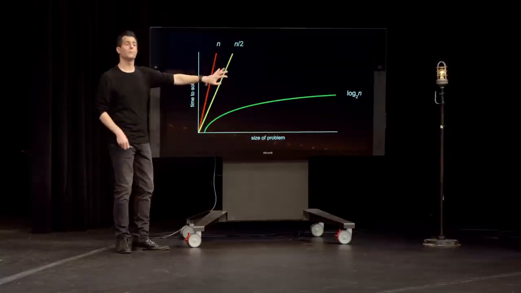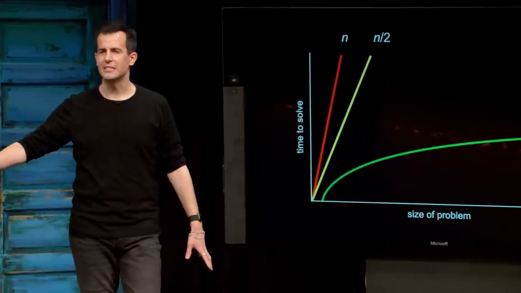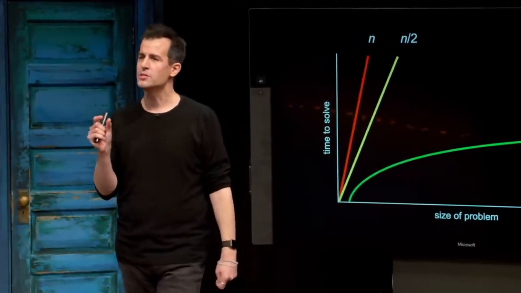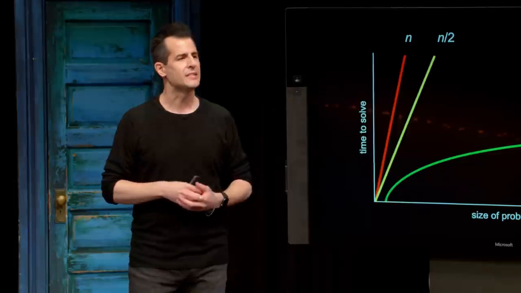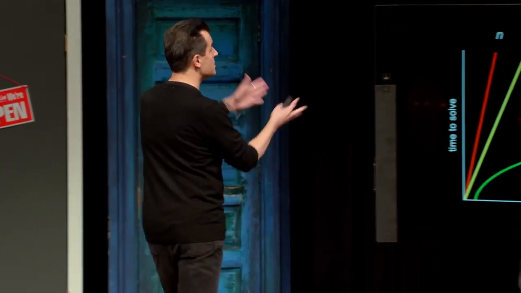Well, it turns out that a computer scientist would actually wave their hands at some of these mathematical details. Indeed, we're not going to get into the habit of writing very precise mathematical formulas. What we're instead going to do is try to get a sense of the order of the running time of an algorithm. Just roughly how fast or how slow it is, but still using some symbology, like n